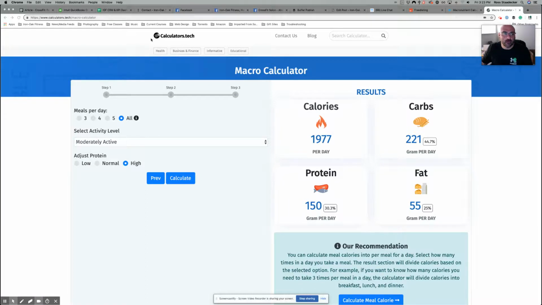So I'm on calculatorsTech.tech right now. I put in for a 150-pound female who's 5'6" and moderately active. 150 pounds, 30 years old, moderately active. She wants to lose a little bit of body fat, and this is what the results were. 221 carbs. If I go high protein, it's at 150. If I go to normal,